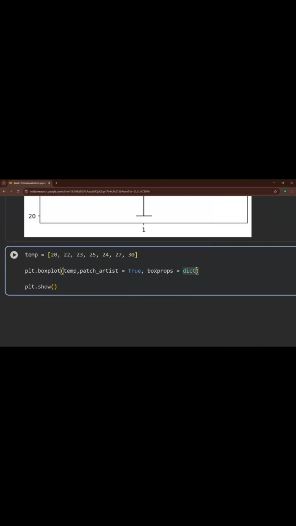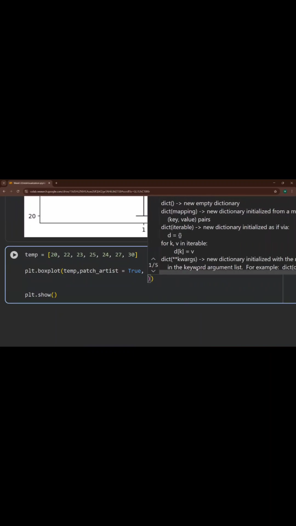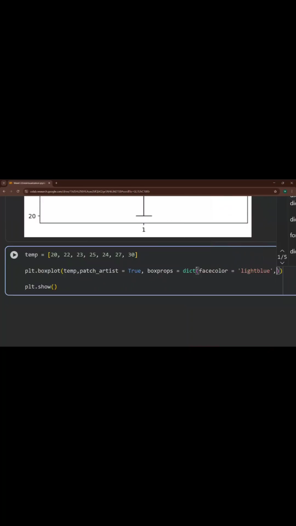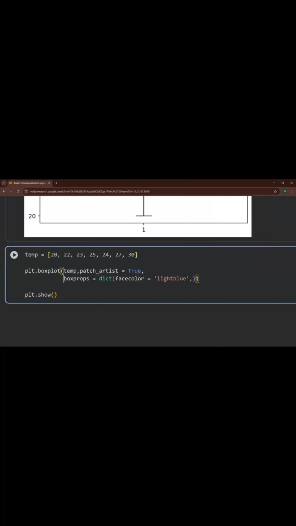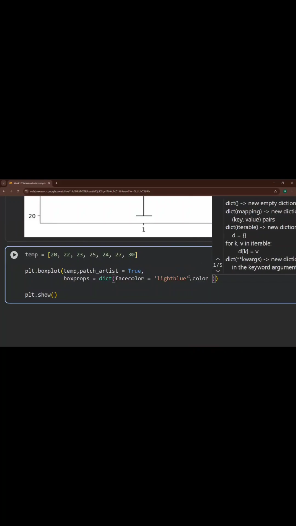I will explain each and everything afterwards. Face color, I hope you remember. We have used that in our previous week as well. Let's take it as light blue. In that only, I will take color is equal to green inside the dictionary.